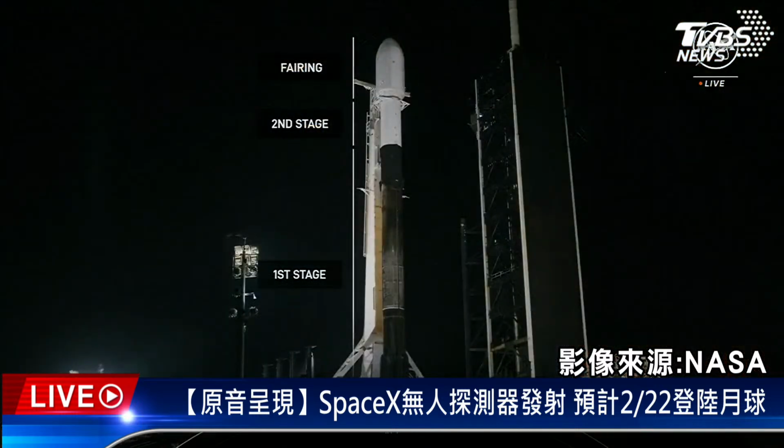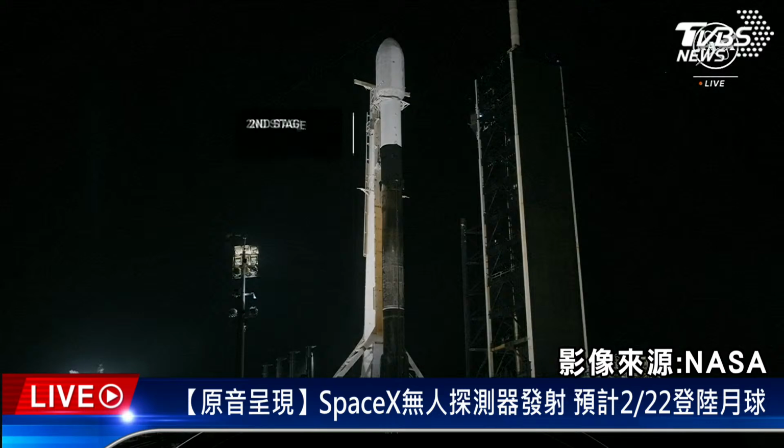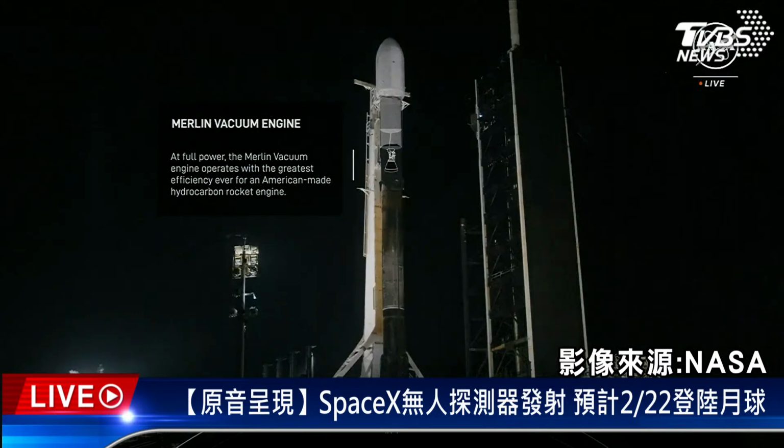Though there are 9 engines on the first stage, there are actually 10 engines on the vehicle as a whole. The second stage has a slightly modified engine on it. It's called the Merlin Vacuum, or what we call the MVAC engine. This engine has a larger nozzle, which allows the second stage to perform more efficiently in the vacuum of space. The first stage gets us out of Earth's atmosphere and into space, while the second stage takes the payload to